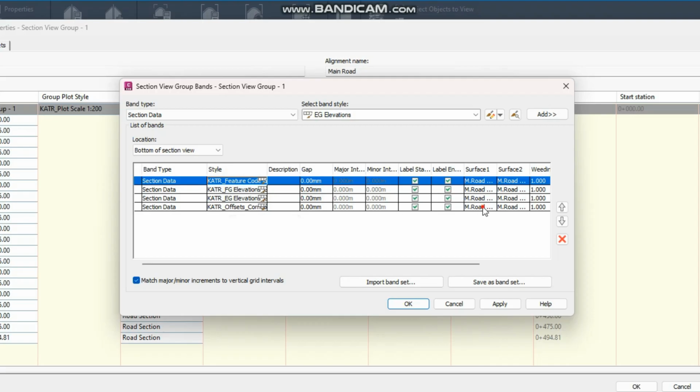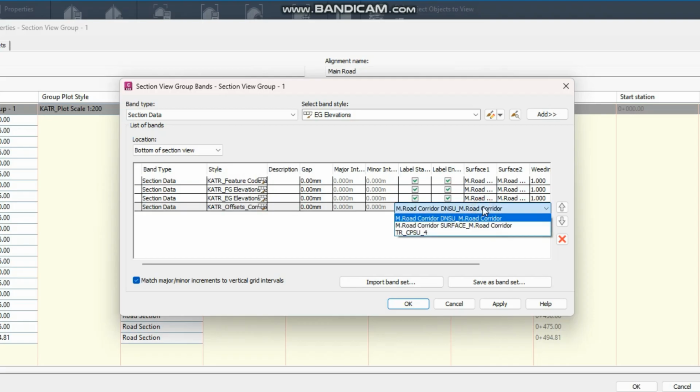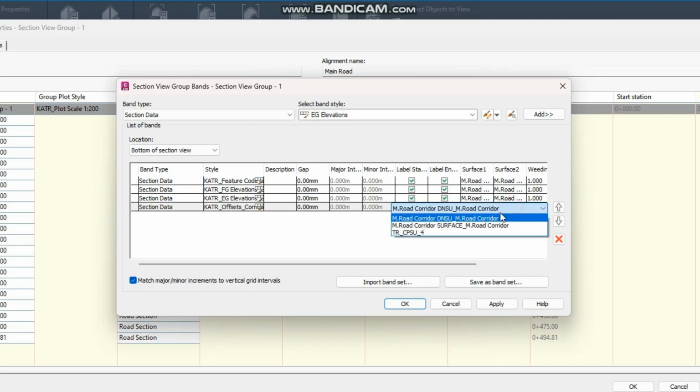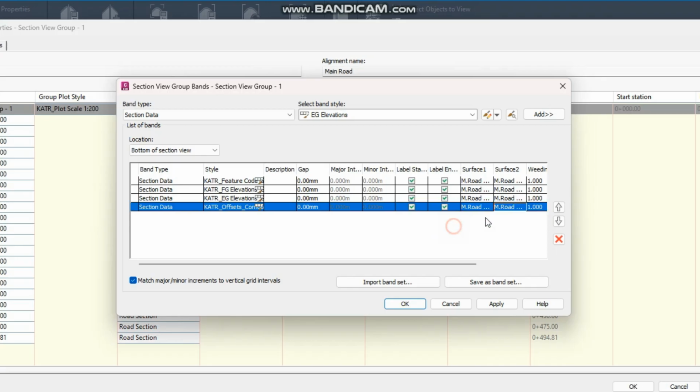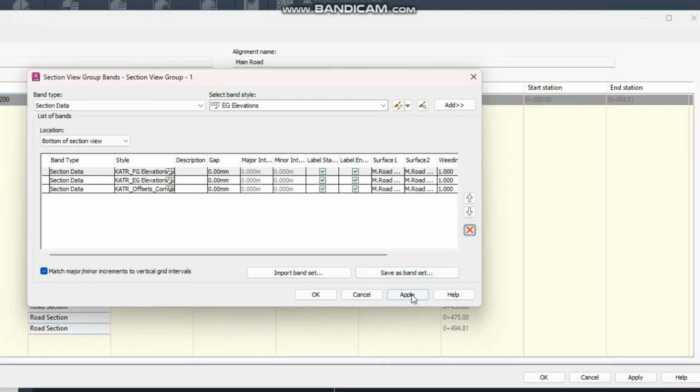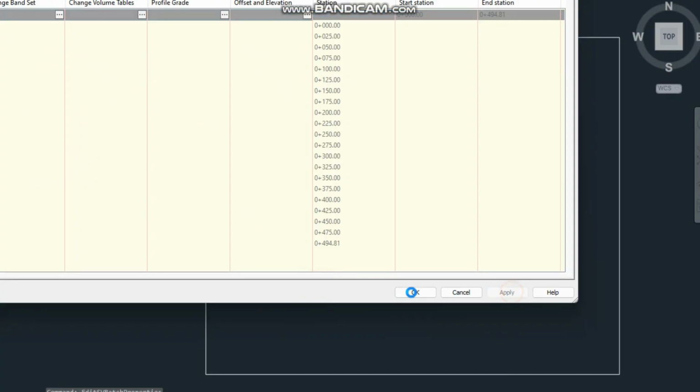Okay, if it is not appearing, delete all, and from here set the major and minor in elevation, any one. Because the existing ground is this surface, and offset from here. Okay, click here, and now you will see